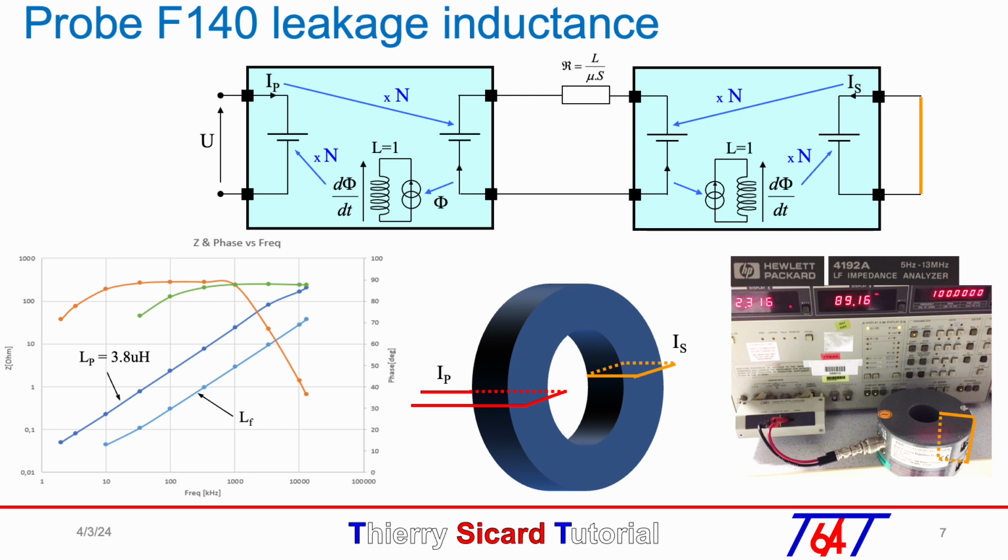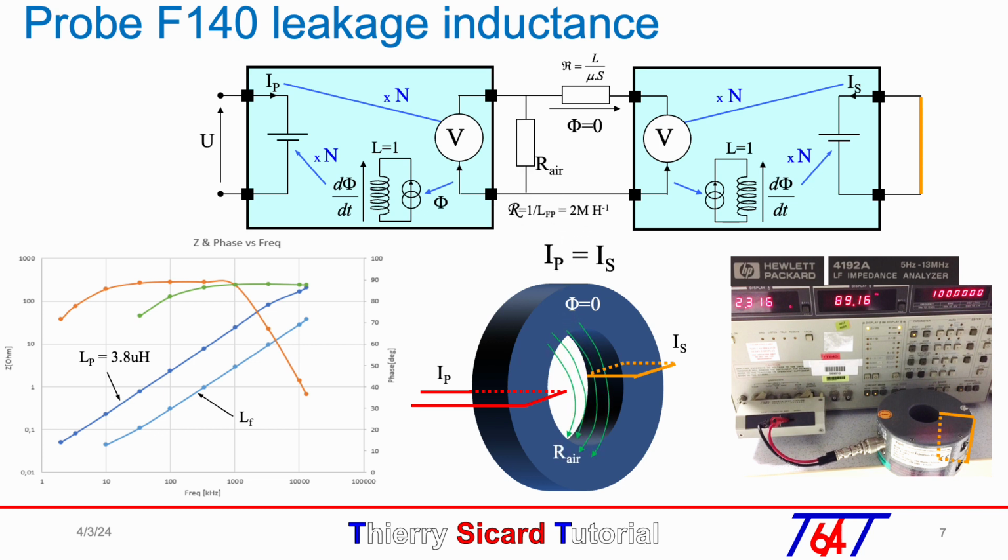We do the same short on the model as we saw in the TerraCycler tutorial number 10, IP equal IS. So the voltage sources which supply the reluctance have the same voltage. So the magnetic flux in the ferrite core is almost zero. Only the flux flowing in the air, green lines, cannot be stopped by the current in the secondary winding. The resistance RR is the model of the leakage flux.